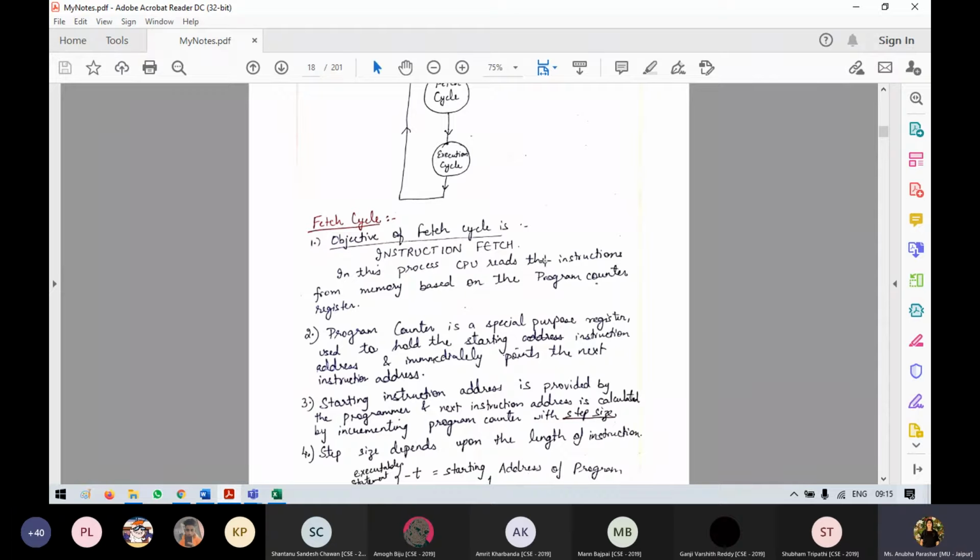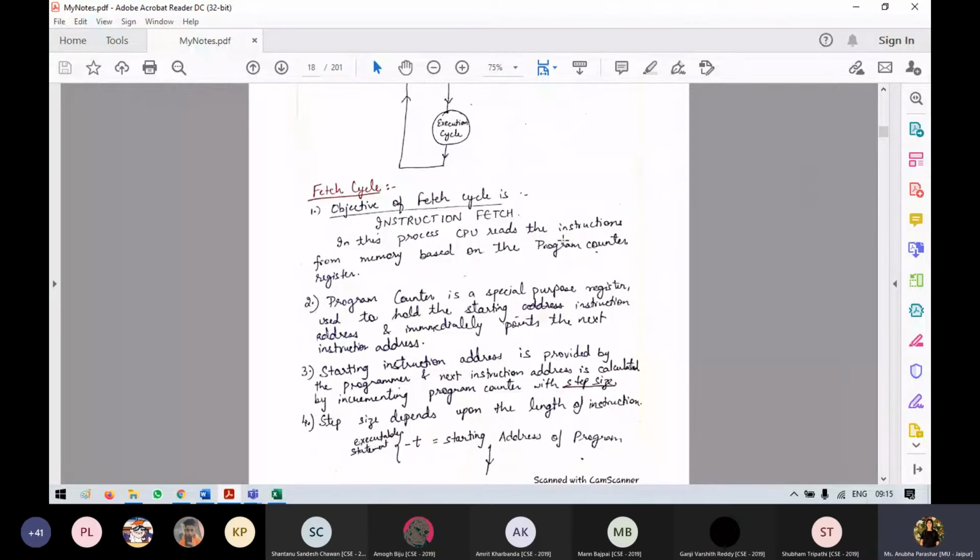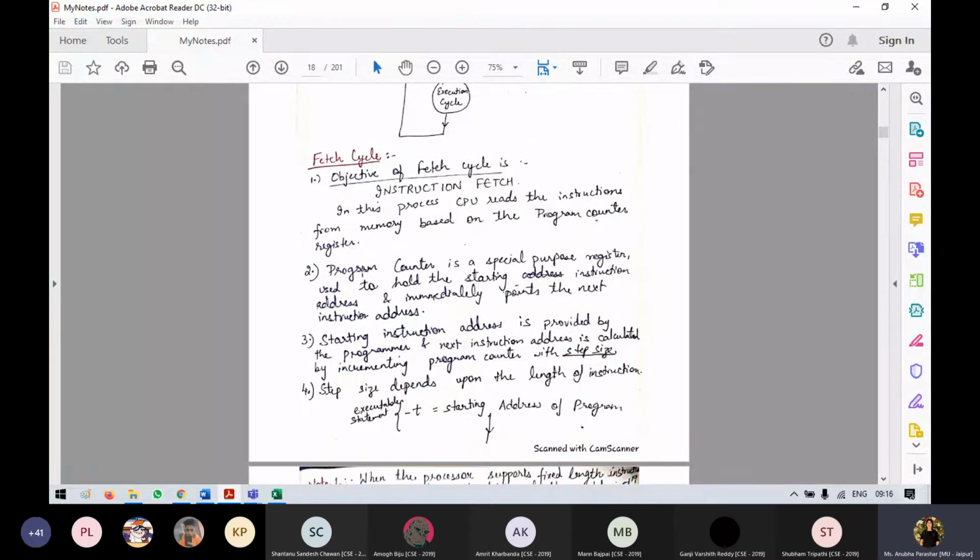This address will be fetched and the program counter will hold the address of the next instruction. So this is the first step. Next, the program counter holds the instruction address and immediately points to the next address. That means once the start address is fetched, the program counter is holding the address of the next instruction so that it can be executed. Now how it goes to the next instruction is also a question.